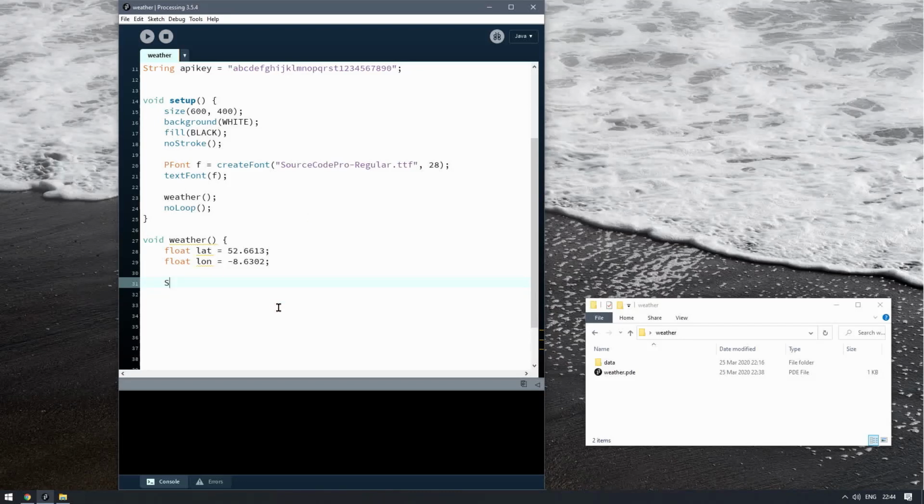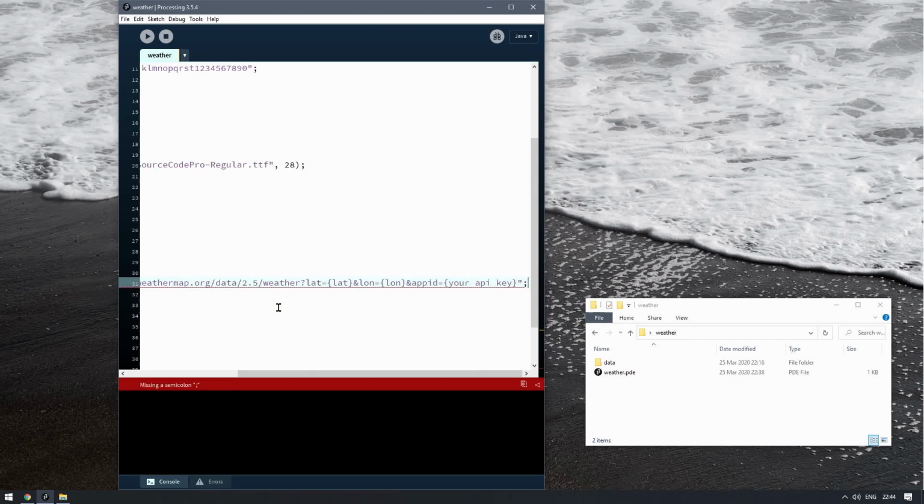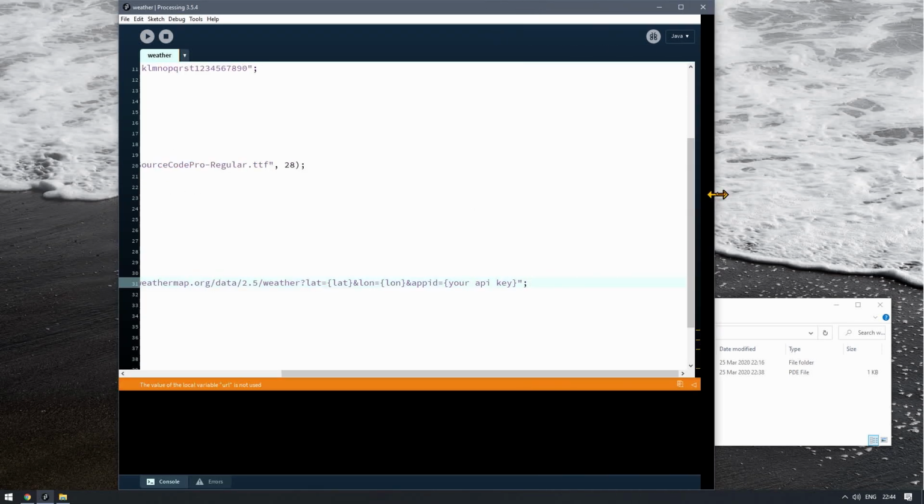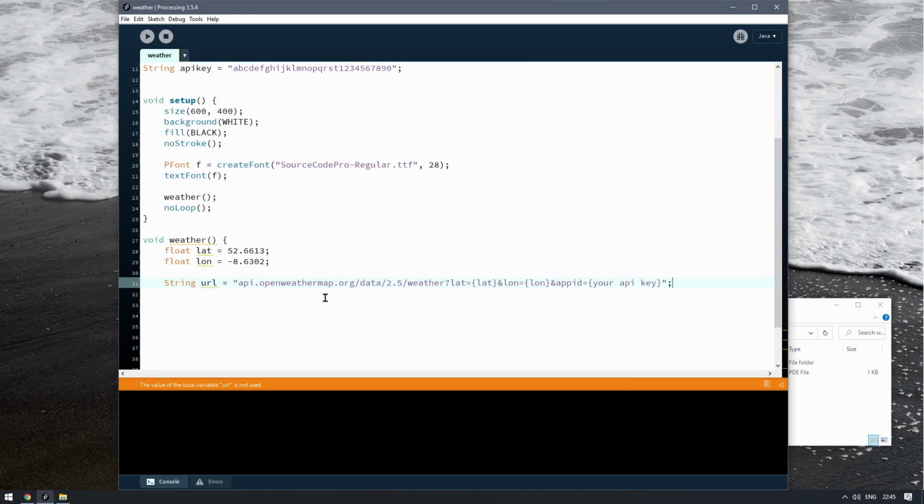And let's make a string. We'll call it the URL. And we'll start it off as being this. I'm going to need to make this bigger, aren't I? This is like a lot of stuff. So the first thing is this is a web address. So you need to put in the correct protocol, HTTP, not L. It could be HTTPS if it was secure, but in this case it isn't actually. So that is the URL,